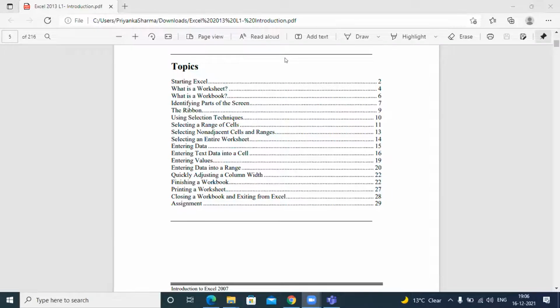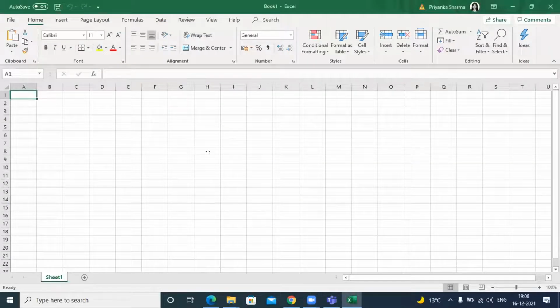A blank workbook will do. Yesterday I shared some Excel files with data. If you have that, that will also help you. Any of the sheets will help you. So yesterday we talked about the cells. We discussed how cells are created. We discussed how you name a cell, right? Based on the intersection of the rows and the different columns. All those things we have covered yesterday.